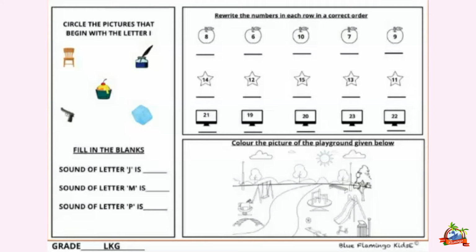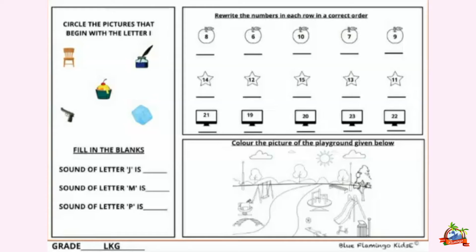B for ball, C for cat, D for dog, E for elephant, F for fish, J for joker, K for kite, L for lion, M for monkey, N for nose, O for orange, P for parrot,